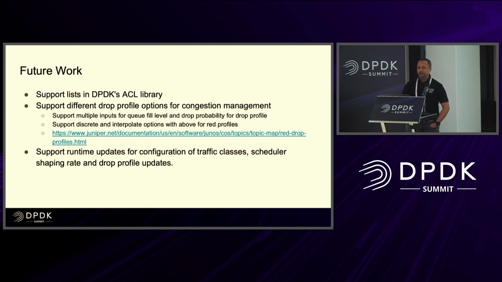For future work, we identified some limitations in the DPDK ACL library. For our use cases, there are a lot of cases where people want to match on port 100, port 500, port 600. It does not fit the mask capability that the ACL library supports, so we end up adding three rules. We can implement a list, maybe, and that helps us. We'll explore all this work and see if the routing use cases